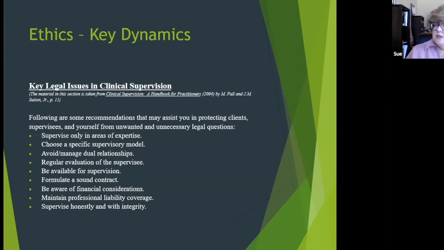Now, obviously, there are some situations where you need to tell, maybe an ethical situation where they need to do certain things, or it may be a crisis situation where you become more active in telling what needs to happen. And that can very much be developmentally appropriate as well. Someone who's really new is going to need a lot more structure around that than somebody who may be at the postdoc. So some key dynamics with ethics are some of the things that I wanted to present as some things to consider.